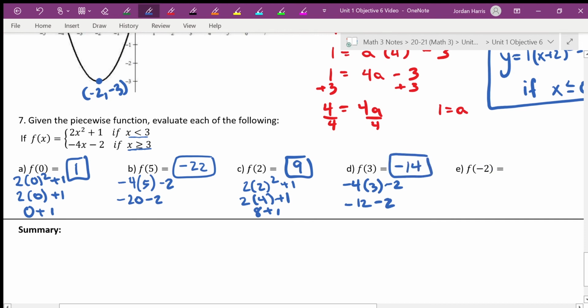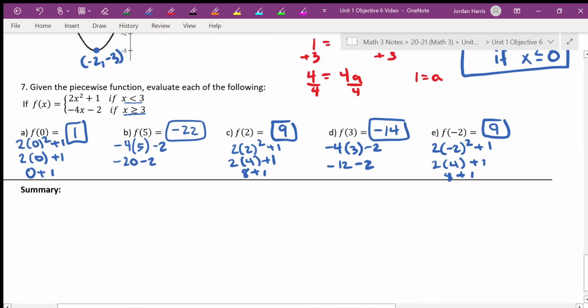And last one, negative 2, that's definitely less than 3. Okay, don't forget negative times a negative makes a positive. So I get 8 plus 1, which is 9 again. Make sure you write out your 3